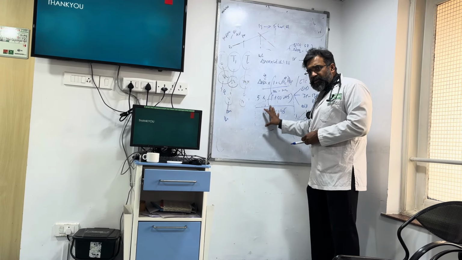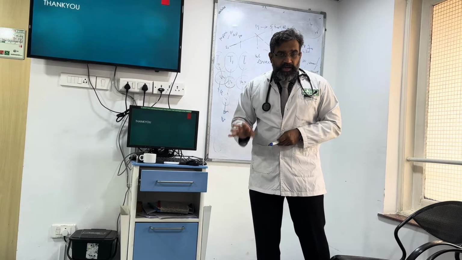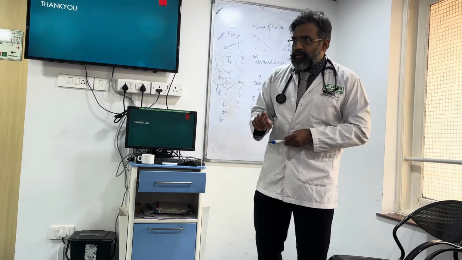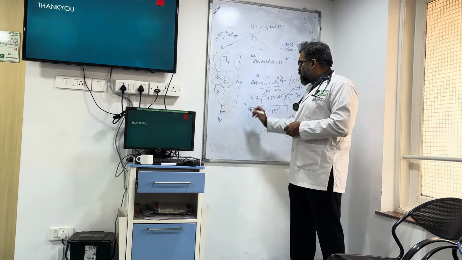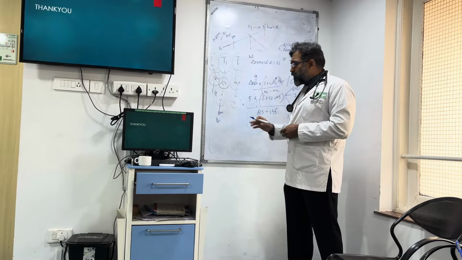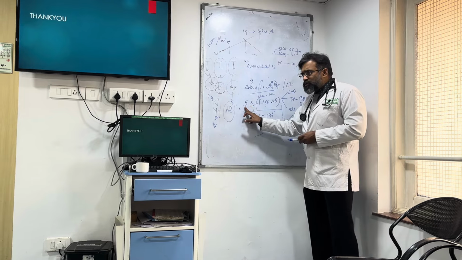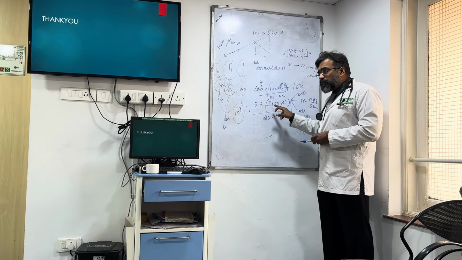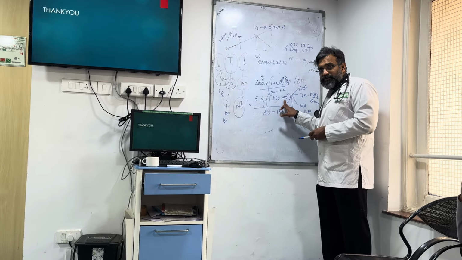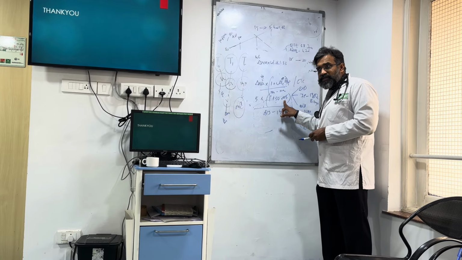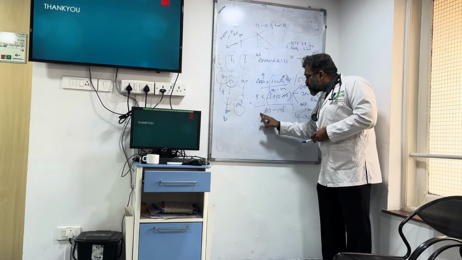It's just the Adrogue-Madias formula. That's the formula you should remember. Which is this one: the change in sodium into the mLs of 3% saline is equal to change in sodium into 1 plus body weight into the body water content. So for adult males 0.6 and adult females 0.5, divided by the sodium of the solution that you intend to give,